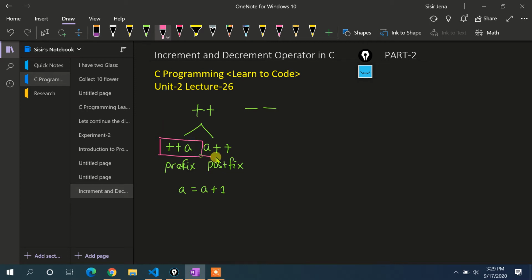In case of a postfix, the value of a is first assigned, then the content of a gets incremented. You have to remember this to understand every program related to plus plus or minus minus operators. So I will take some examples in this lecture to make you understand how exactly they execute.